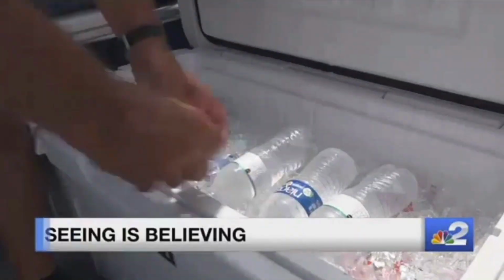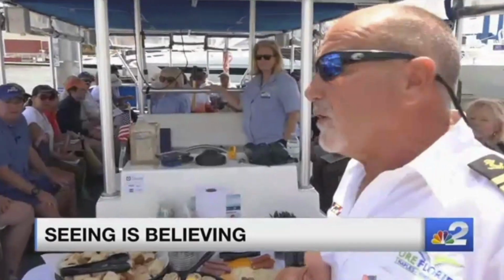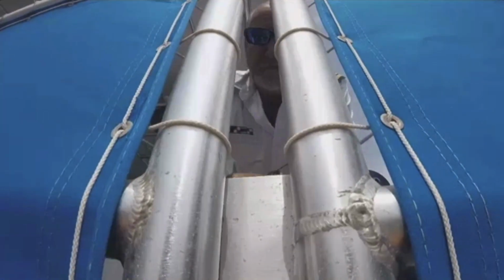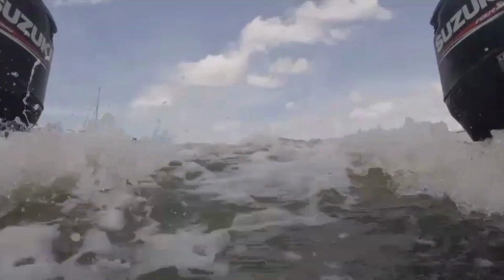In here. There we go. Scientists, students, and community leaders. Got a hand if anybody needs it. We have a throw ring in the front of the boat. A group of mostly strangers boarded a pontoon boat in Naples and set sail for Key Waden, a barrier island that protects Southwest Florida coastal